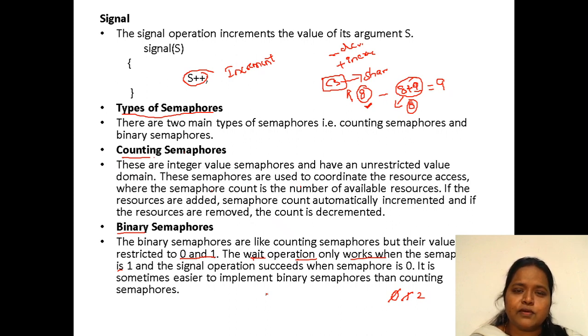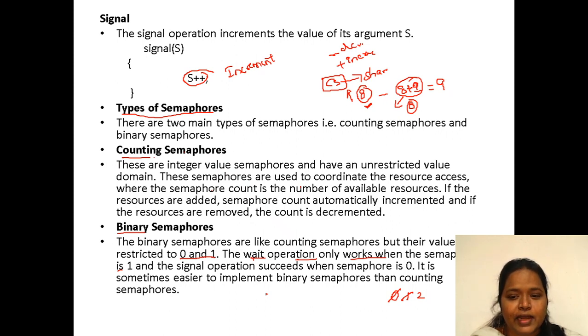How are we going to achieve it through a counting semaphore, in the sense, we are going to keep the count of how many resources are there. If any particular process came and used that resource, the count will be incremented. If no process is using it, and if a process has been removed, that is going to be decremented. So that is the counting semaphore. But when it comes to the binary semaphore, we are going to make use of only two values, 0 and 1. The semaphore value should be 0, then only we can increment it. So 0 incremented in the sense 1.